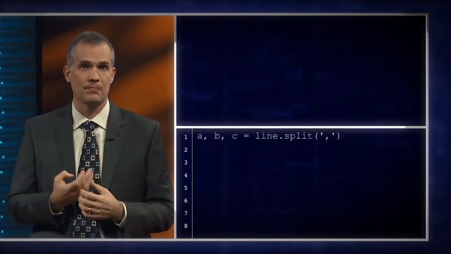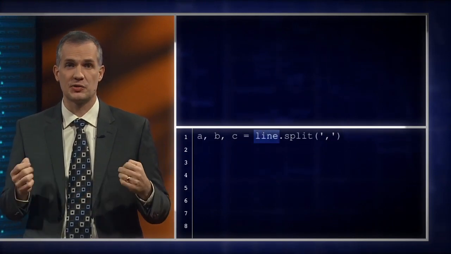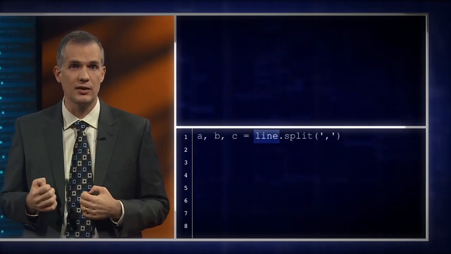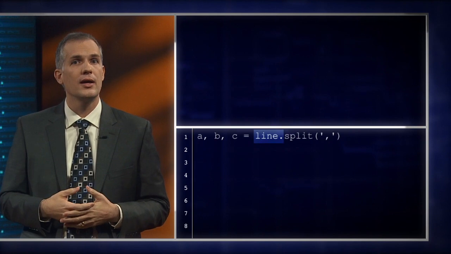So, we'd like to have some command that would let us take the string and get back each of the parts that's separated by a comma. We can do this with a built-in Python command that lets us pull out parts of a string that way. The command is called split. We use it by taking the string name, which in this case is line, followed by a period, and then